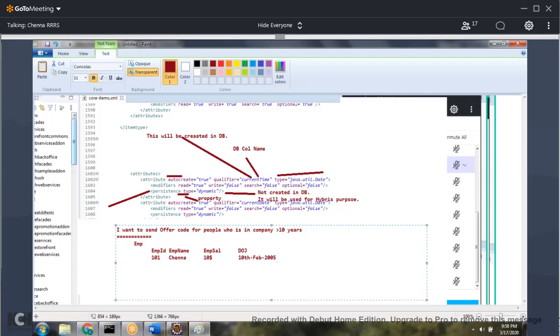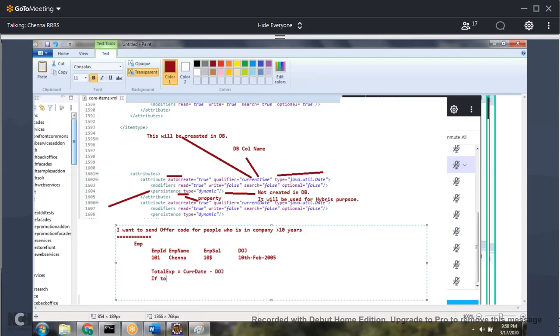Do I need to make it? Because I need to find out who has more than 10 years. Do I need to create a column and maintain that value, or can I do a dynamic calculation? Why make a column? Because I can always find the total experience as current date minus date of join.